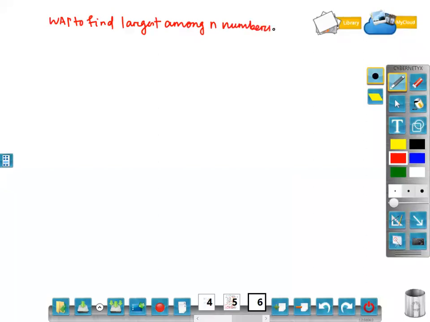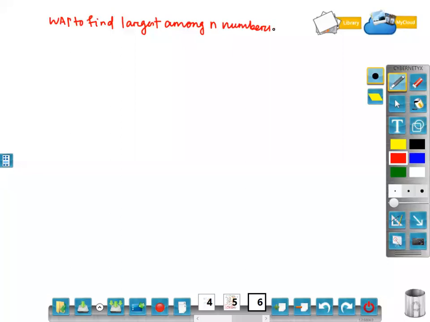Clear? Now in this example you can relate that there are 10 students. I want to find who is the tallest one. So what will happen? I'll assume the first student is my tallest student. I'll take that student to the second student and compare the height. If the first student is still taller, then my assumption is correct. I'll take that first student to the third student and again compare the height. If I find that the third student is taller than the first one, then I'll leave the first and pick up the third as my tallest.